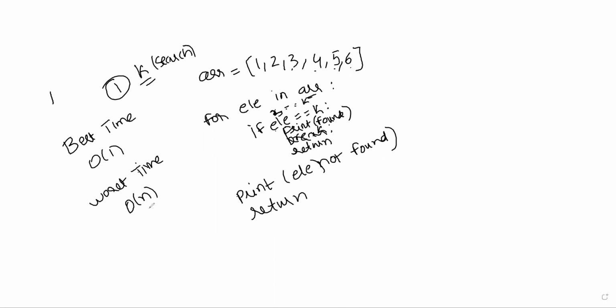Clear? Arvind, Raj, both of you? Okay. So always write in terms of best time complexity and worst time complexity whenever you see something like this. Best time complexity would be O of 1 or probably O of n. Worst time would be O of n square in some cases. It depends on the algorithm. But you understood the logic, right? You understood how to calculate best and worst time complexity.